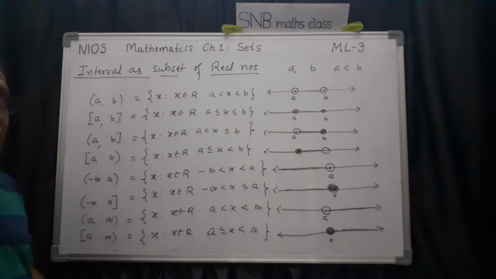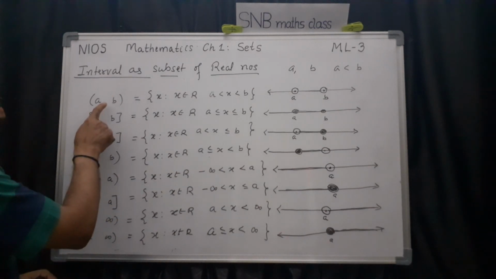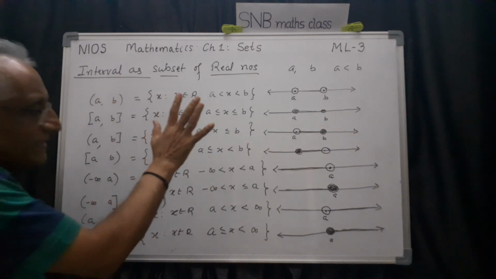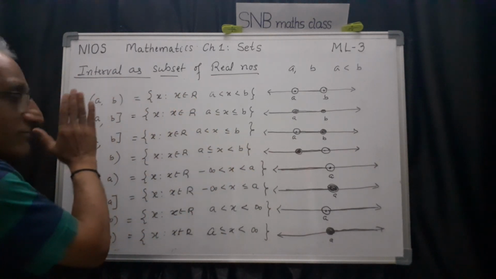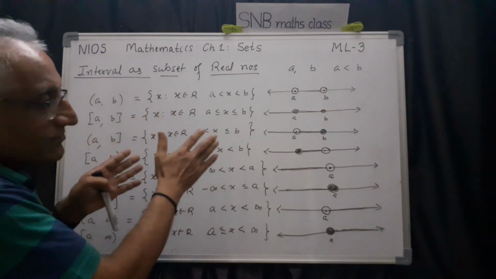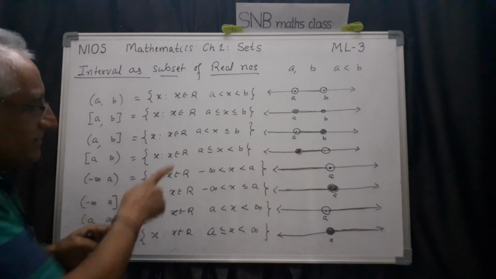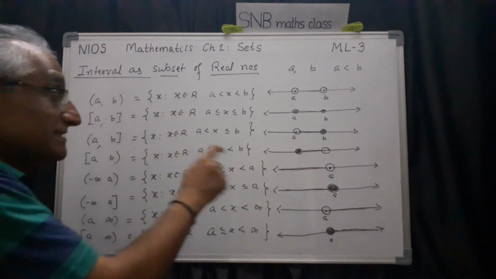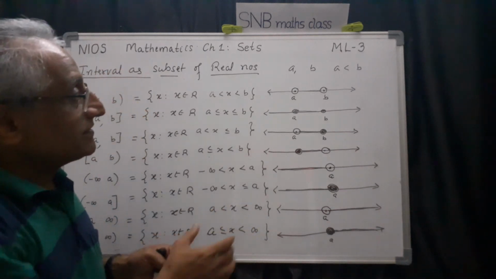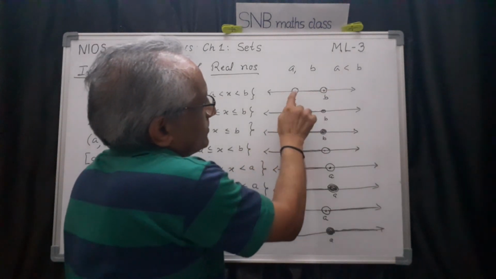What is very important is, this is called interval form, this is called set form. Given a set form, you should be able to convert into interval form. Given interval form, you should be able to convert into set form, set builder form. Then corresponding diagram also. See, once you draw the diagram, you will understand it very clearly. So all the numbers between these two are blank. That means